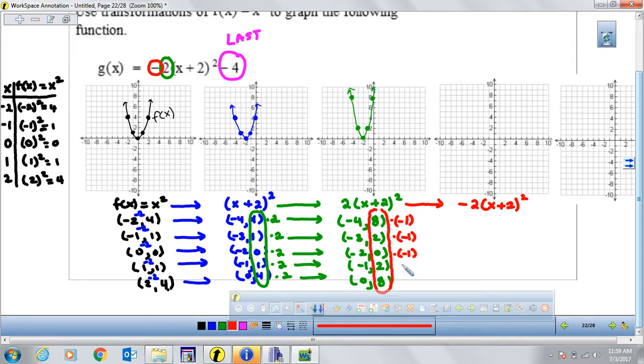Now, I'm going to tell you something that you could have done also, and that's completely okay as long as you can describe the transformation separately. Because right here, it stretched it vertically, and right here is going to reflect it downward onto the x-axis. Now, you see that I multiplied the y values times 2, and then the y values times a -1. It would have been the same thing if I would have multiplied the y values by -2. But we can put them both in one transformation, but when you describe it, you need to describe each one separately. Okay, so